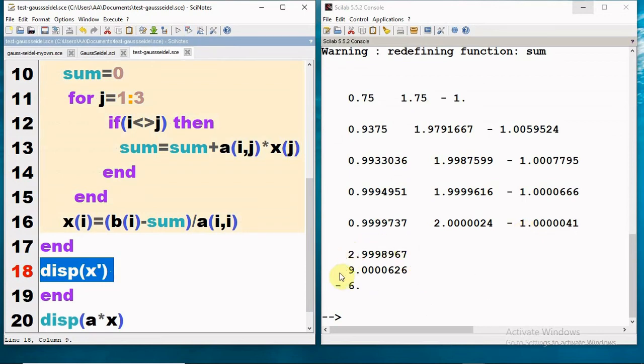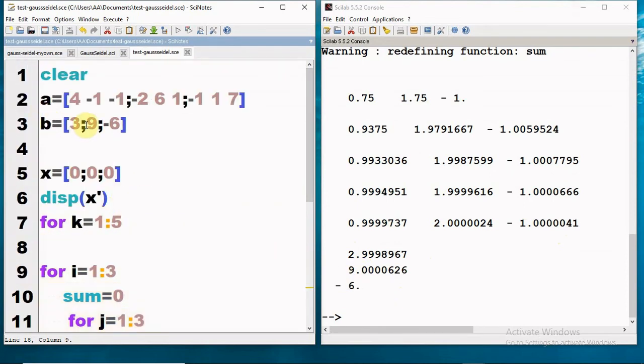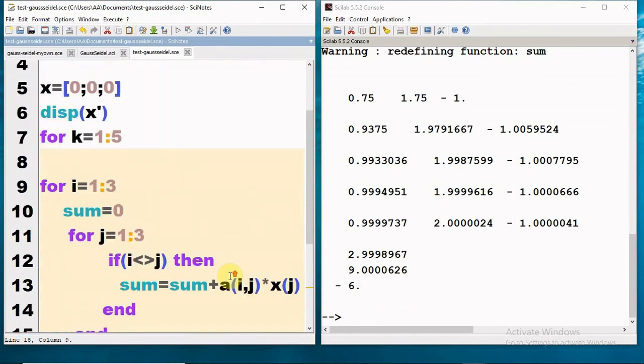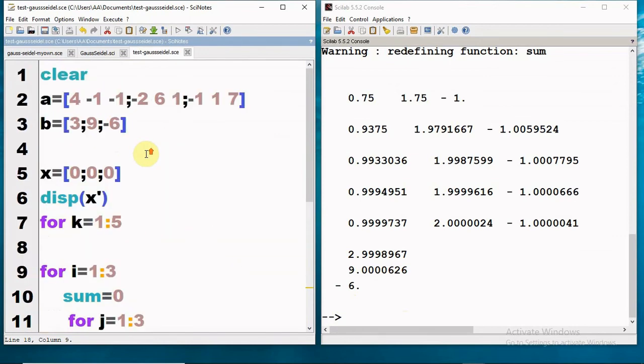In order to check whether the values of x which we have evaluated are correct or not, we multiply the given matrix A with the x vector which we have obtained numerically, and this should give us the matrix B. The matrix B was 3, 9 and minus 6, and we see that the values are quite close to what we got after multiplying A with x. So this is how the Gauss-Seidel method can be used for a system of 3 equations, and you can change the number of iterations by changing this number. If you want to generalize this program for any number of equations,